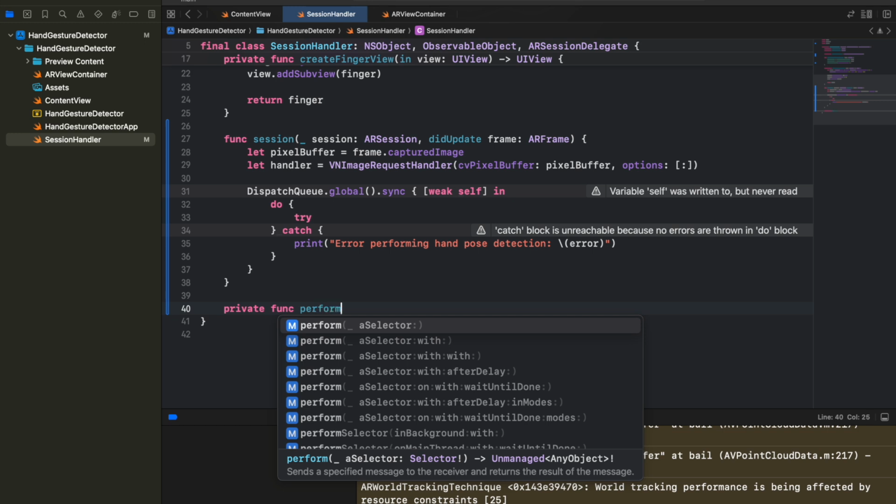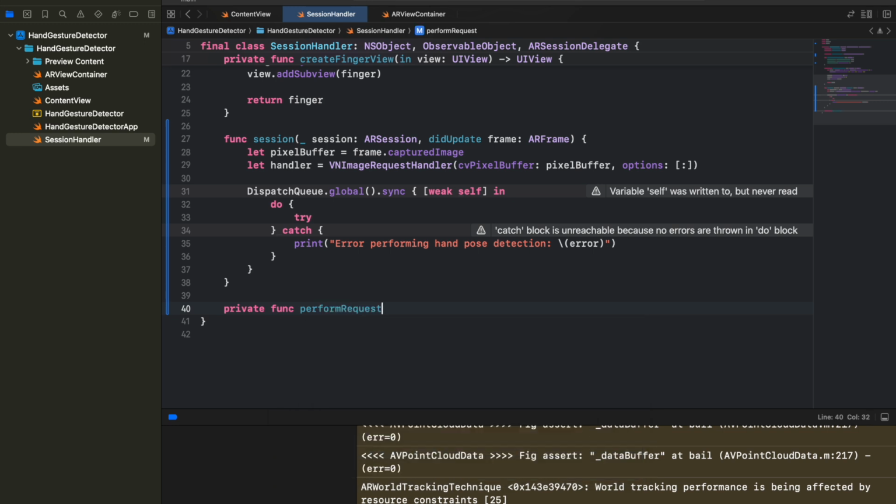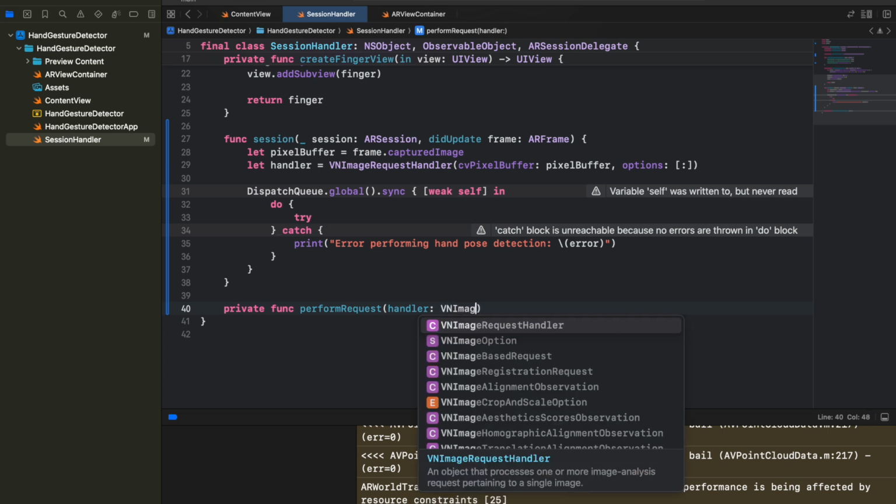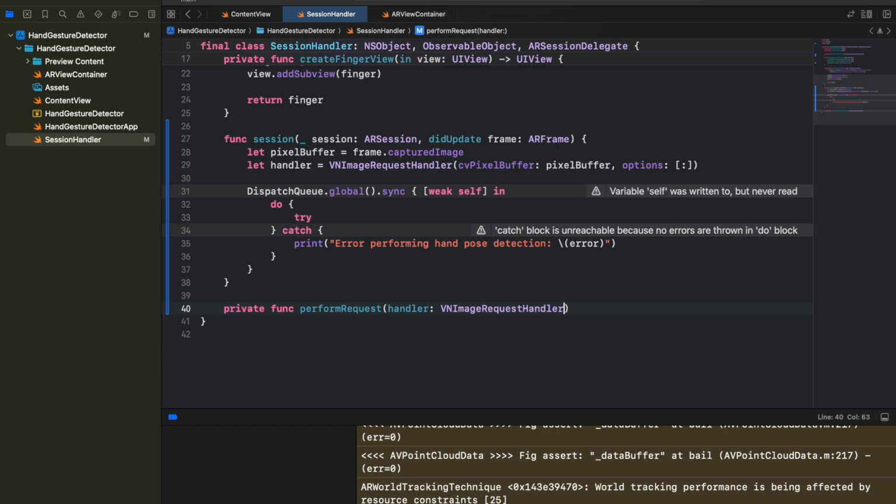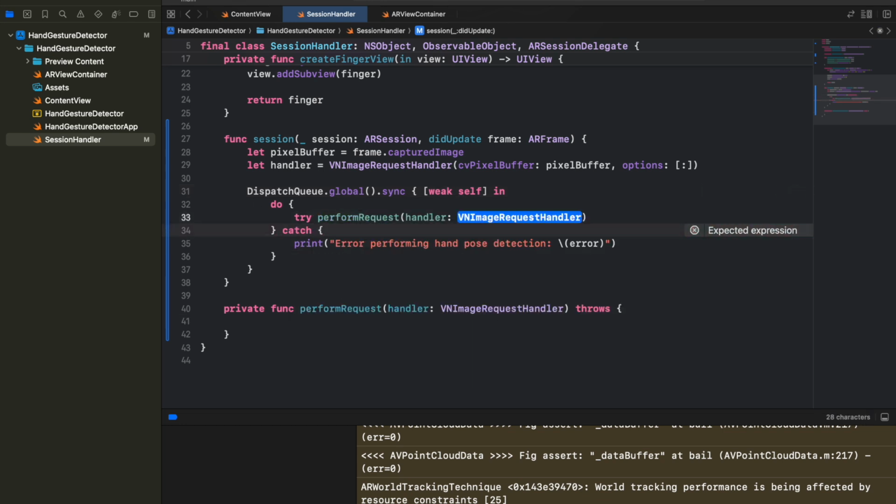Let's call it performRequest, and we will pass a handler, which is an ImageRequestHandler. This method can throw some errors, so we can fill it in here: perform request, pass the handler,